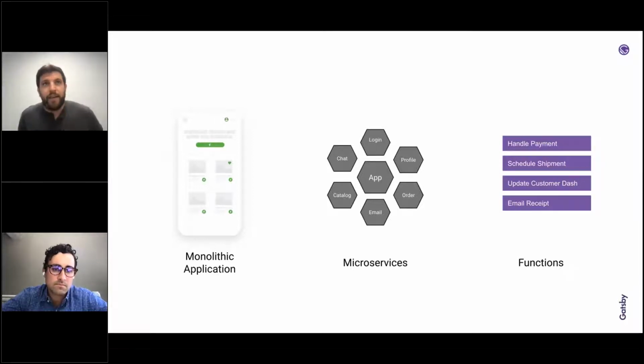Microservices were kind of the next evolution there. They've been around now for a good decade, I think. But this was kind of the next paradigm in breaking apart that monolithic. Microservices started to take larger tasks and larger sections of your application and stuck them into one kind of piece of functionality.